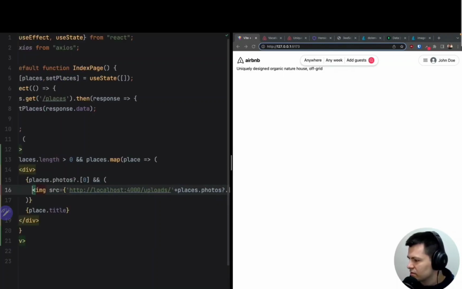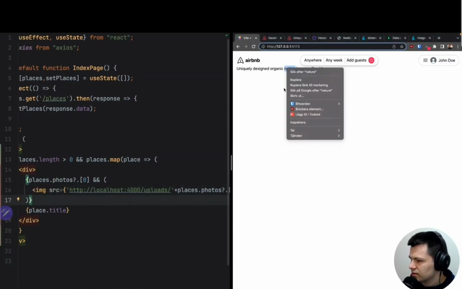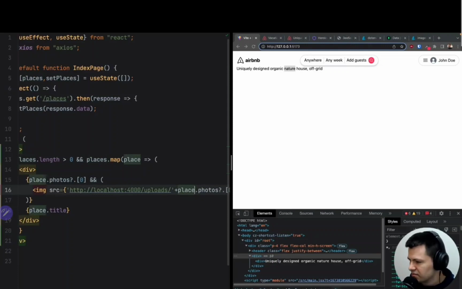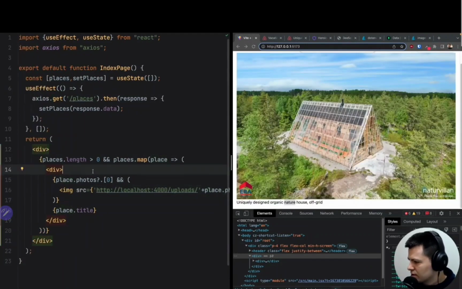And now let's save, and nothing has changed. That's weird. Let's see if I inspect here. Places photos, sorry, it should be place photos. Same here, place photos, and we have one place. Right,